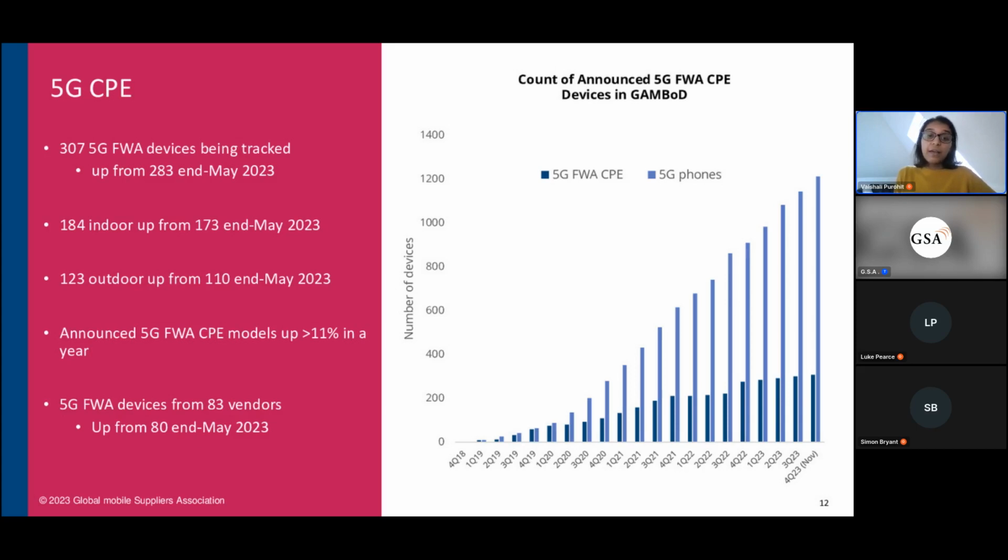In summary, the GAMBoD data shows continued growth in fixed wireless access services and devices overall, across many different markets and operators around the world as a way to deliver broadband services. Although device shipments and growth will be confirmed in the next survey from the Fixed Wireless Access Forum, based on the mid-year survey, 2022 was a growth year, and there is an even more positive outlook for the full year 2023. And lastly, 5G fixed wireless access in particular continues to grow strongly and has plenty of room to grow further as prices and costs fall.